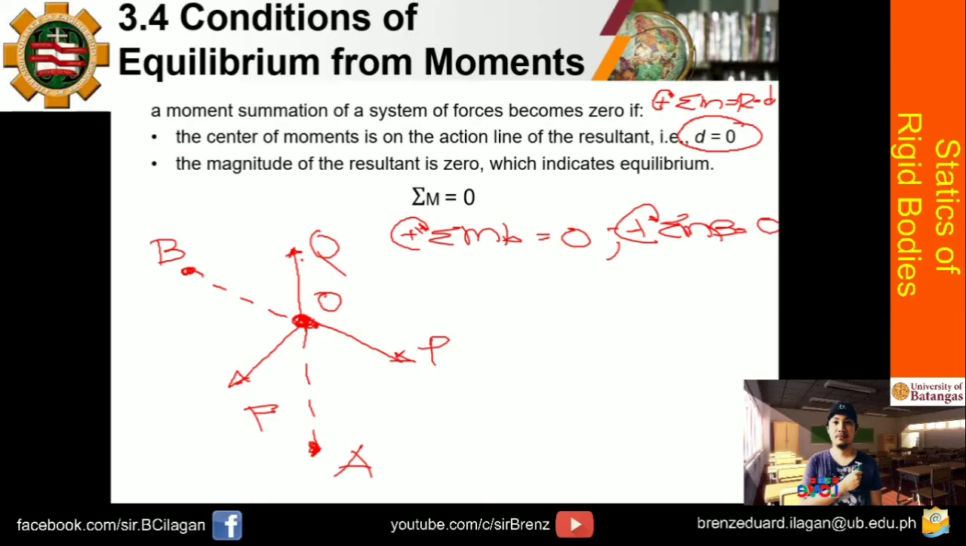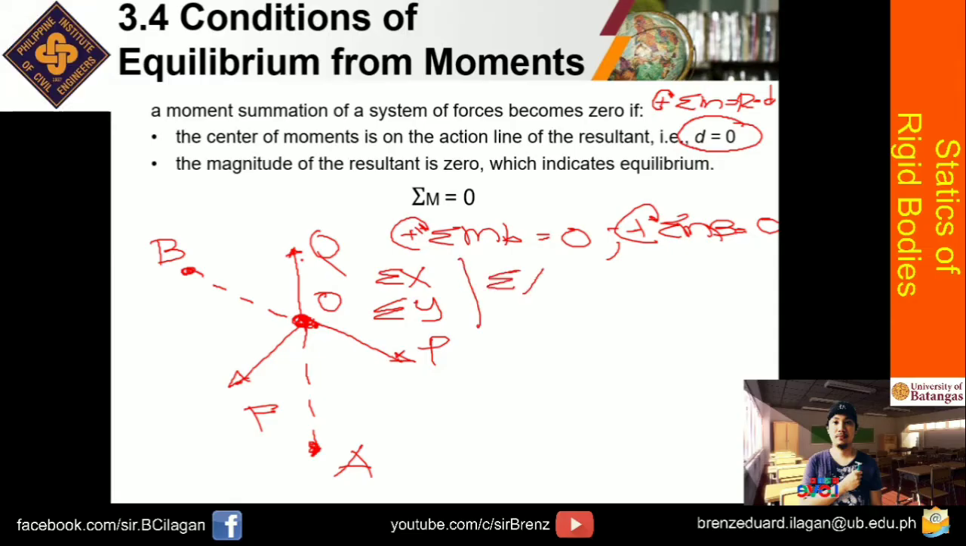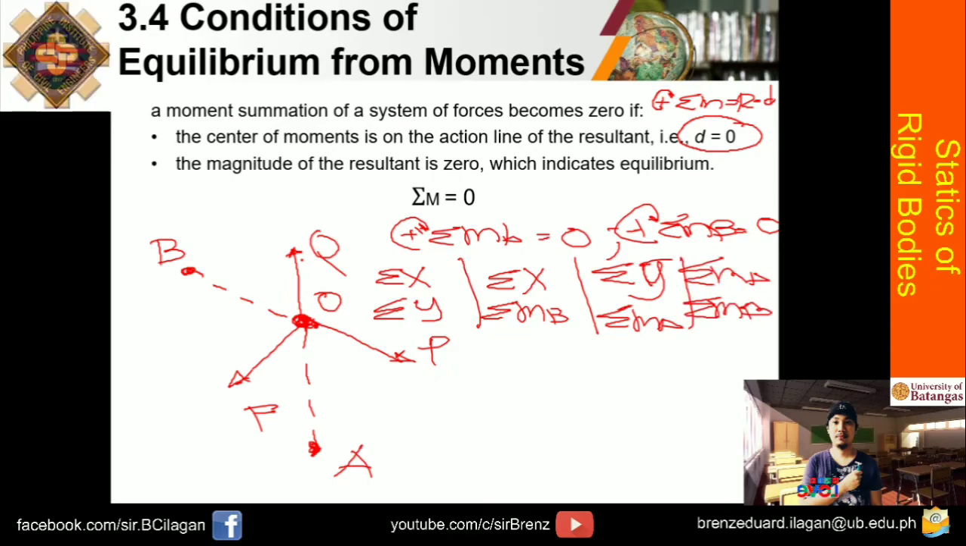Okay? So, ibig sabihin, yan, mga concurrent forces na yan, it's either, ang gawin mo, combination ng summation of forces X, forces Y, or, pwede rin namang summation ng forces X and summation ng moment at point B, or pwede rin, summation ng forces Y and summation ng moment at point A, or, ang gamitin mo yung summation ng moment A and summation ng moment B. Okay? So ito, mas maunawaan nyo dun sa susunod nating